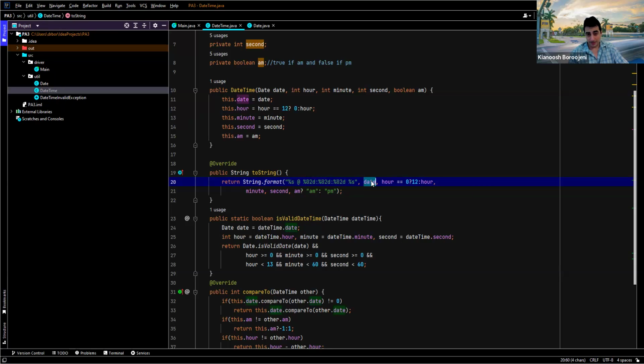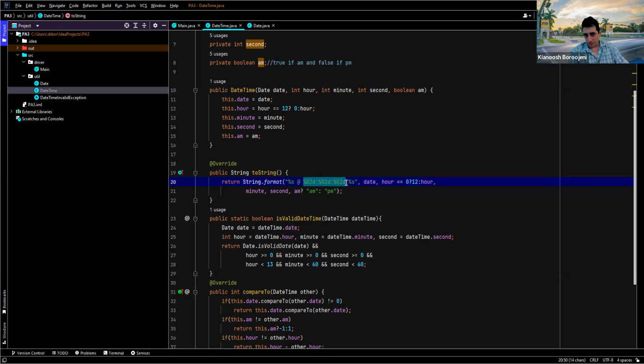I already implemented a toString method for date. I showed you in the date class. So that date toString is going to be called implicitly by the JVM in order to convert date into a string %s. After this %s is replaced by the date, then you have a space @ space, and then you have the